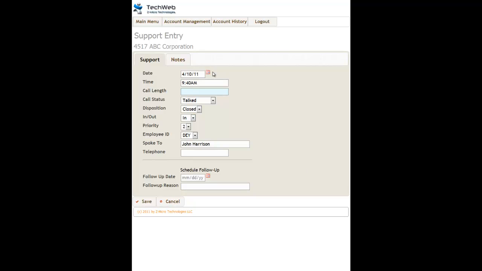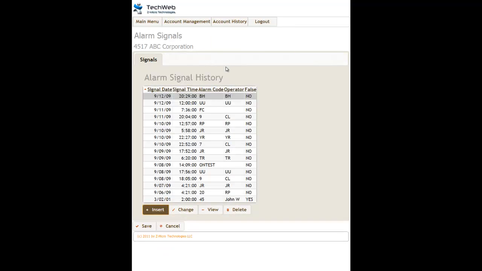The last section under history would be the alarm signal events. If you've entered the signal history within Alarm manually, or if you've imported the signal events from a file that you've received from your central station, you will have access to looking at all the signal histories within a customer's account in TechWeb. If you go ahead and click on any particular signal,